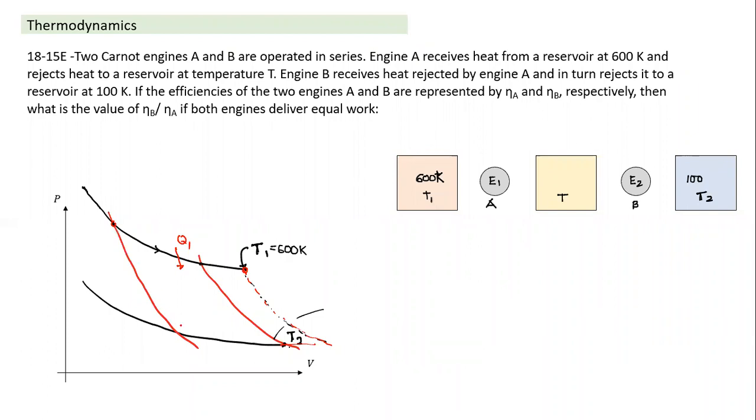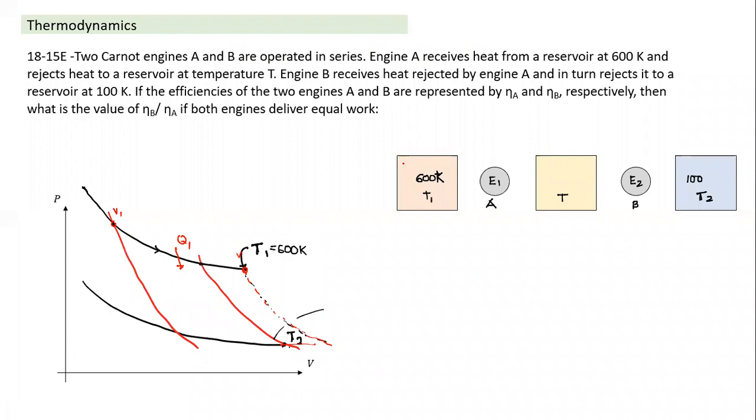Even then, in that case also, the efficiency ratio of Q1 and Q2 is not dependent on the gamma value. Efficiency remains the same. Only thing that will happen, if you have a flatter curve here, the values of final volumes will change. Temperature values will not change. So you understand this curve here. Isotherm curves are fixed because of source and sink temperature. Adiabatic curves depend on what volumes we use, what compression and expansion we use.